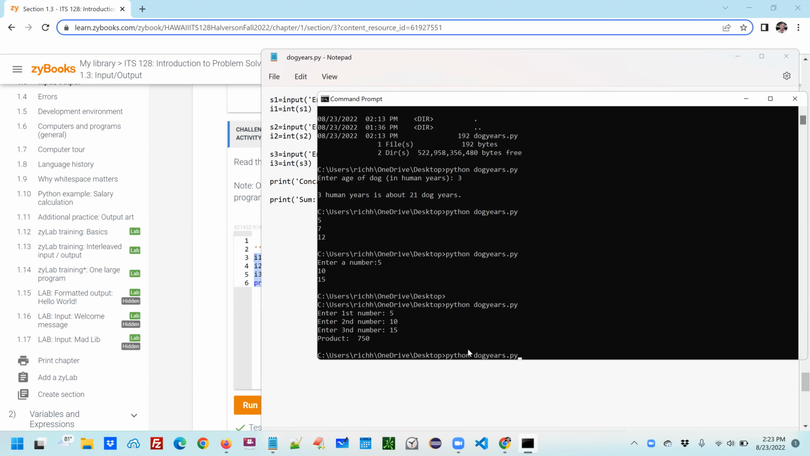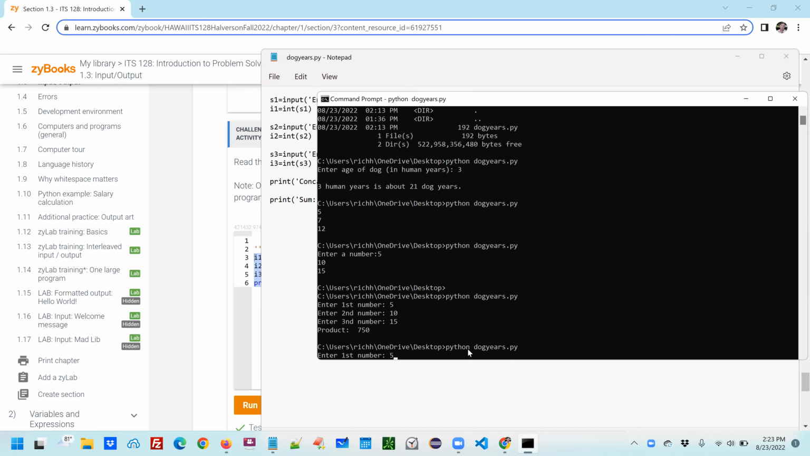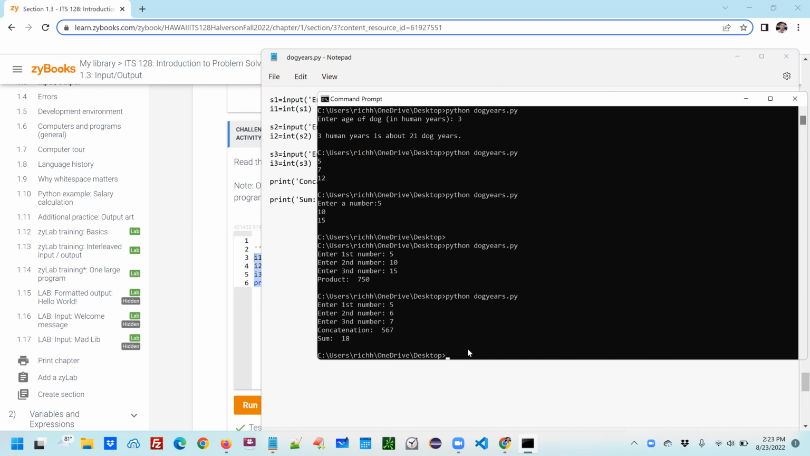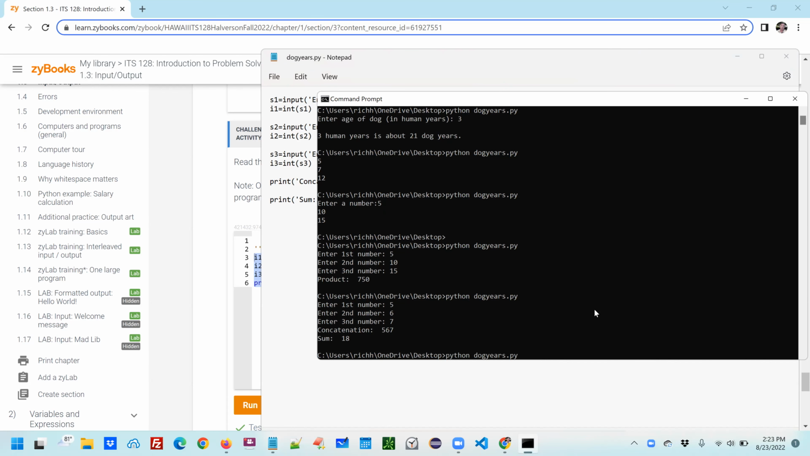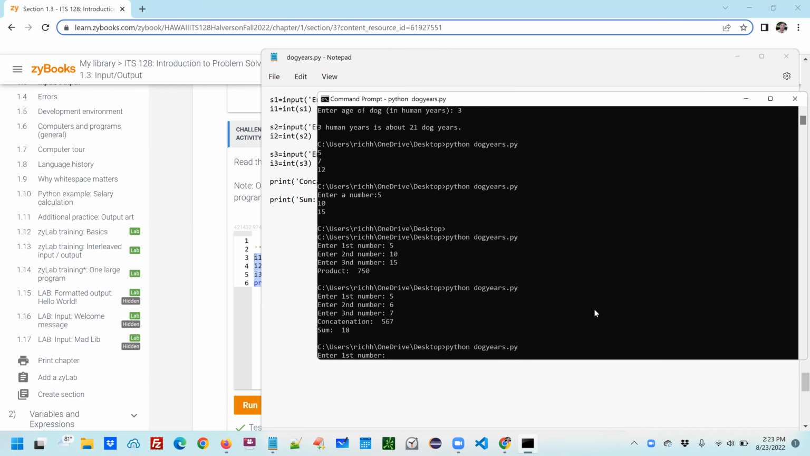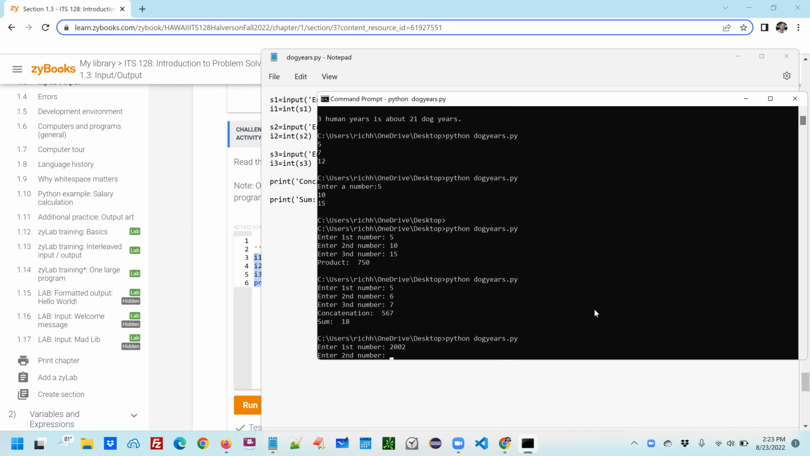We run this again. 5, 6, 7. Okay, so when we treat these as strings, we concatenate the strings. But when we treat them as numbers, we add them. See, so the first one is the concatenation of these three things that we entered. Here, I'll do it again with bigger numbers. 2002, 5, 6, 9, 8,